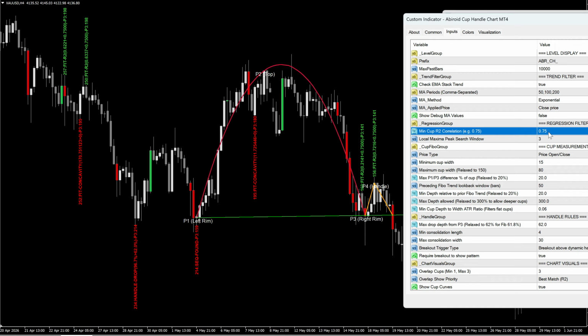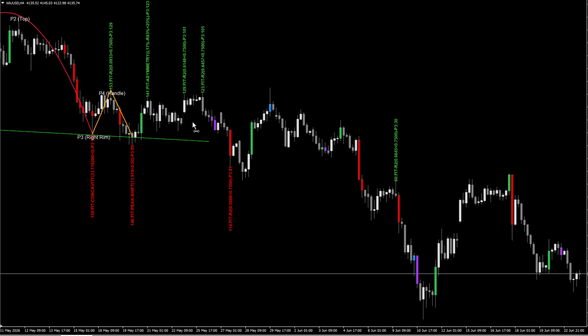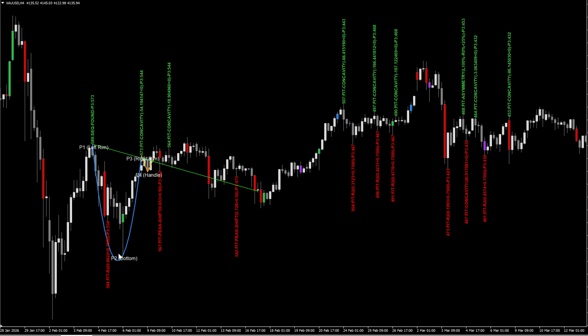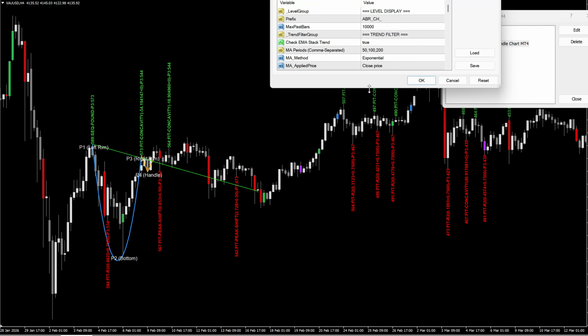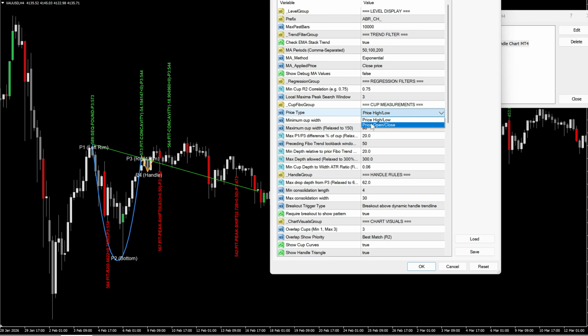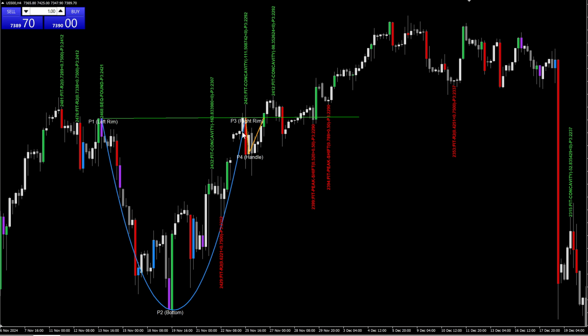You can select whether you want the price open or price close or high and low check. So if you have price open and close check, it will check for the close of these bars to check if price stays within the cup. And if you use high and low, then it will use the highs and lows of those bars to form the cup like this. But if you go with open and close, then it will just use the open and close prices. And then those kinds of cups where you had really long wicks, those will not be allowed.